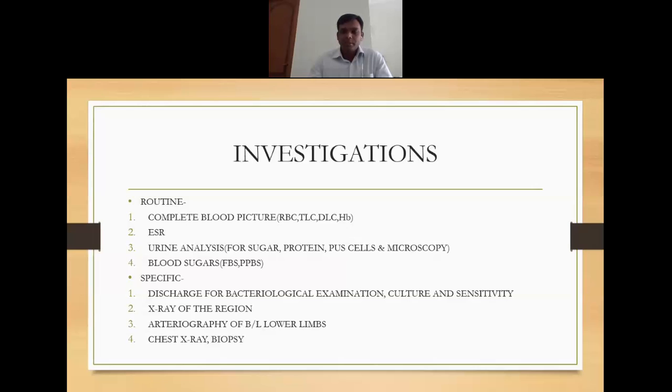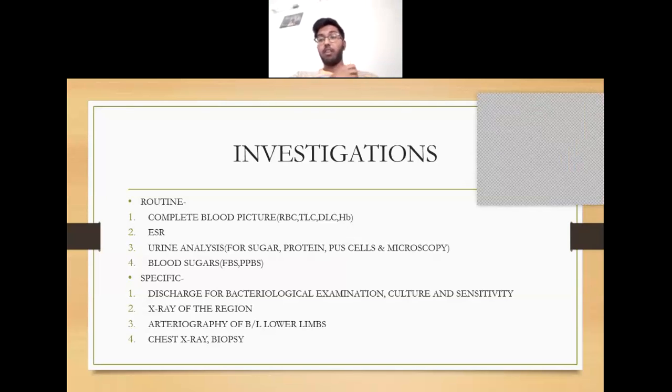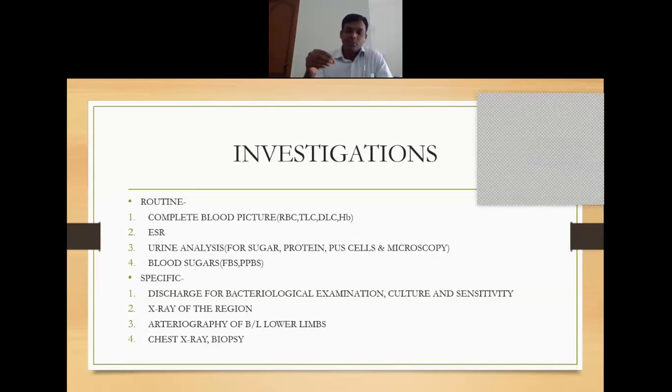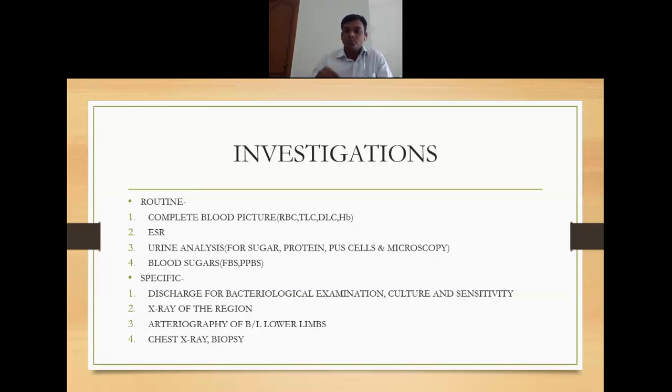Suppose this particular ulcer is a basal cell carcinoma or a tuberculous ulcer, the edge is different. If you take only the edge, not along with the margin or normal tissue, if the margin is not included, you can still call it an edge biopsy. If the margin is involved in the biopsy and some normal tissue is taken, then you call it a wedge biopsy. It means you take a wedge of tissue from normal to abnormal, meaning the ulcer. So edge wedge biopsy you will take.